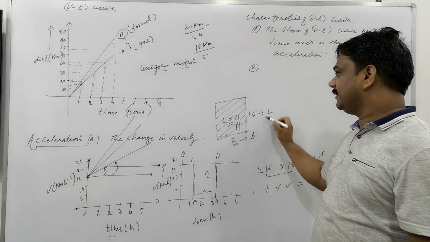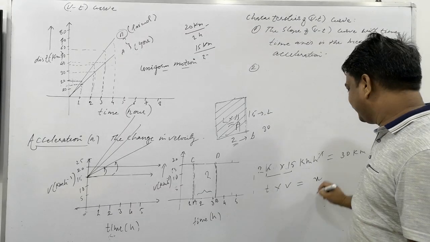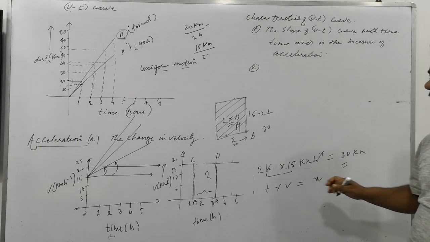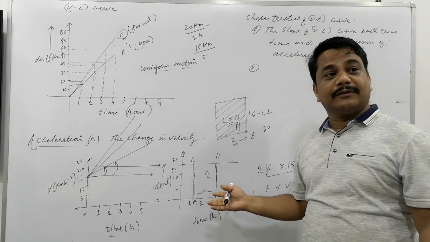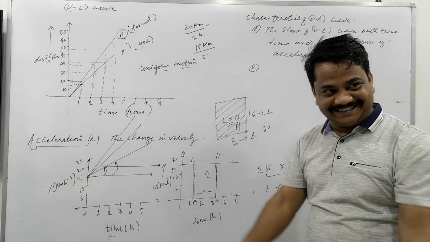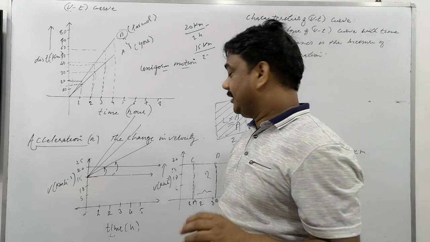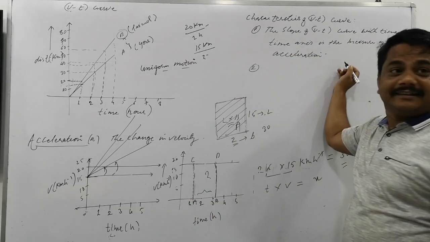So what is the area of the rectangle here? 30. And what is the distance here? 30. You can see that the area of the rectangle is equal to the distance. So the conclusion is, second,